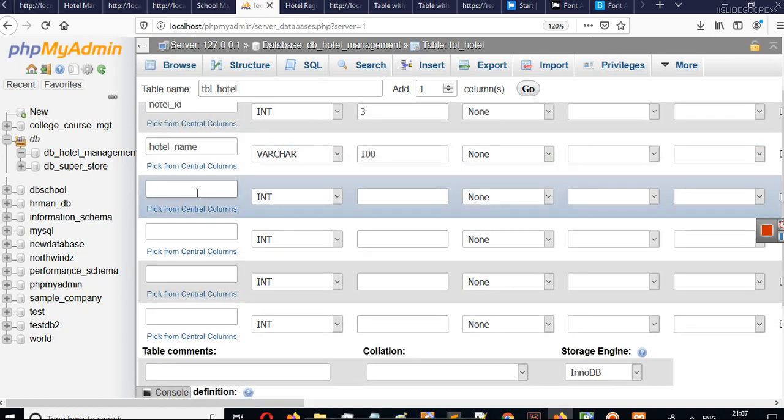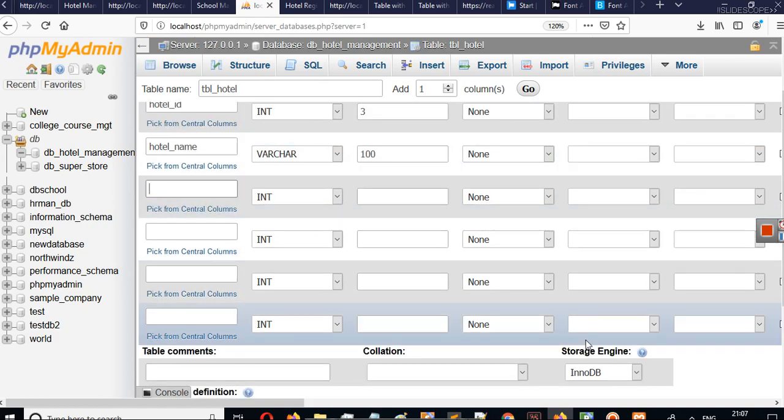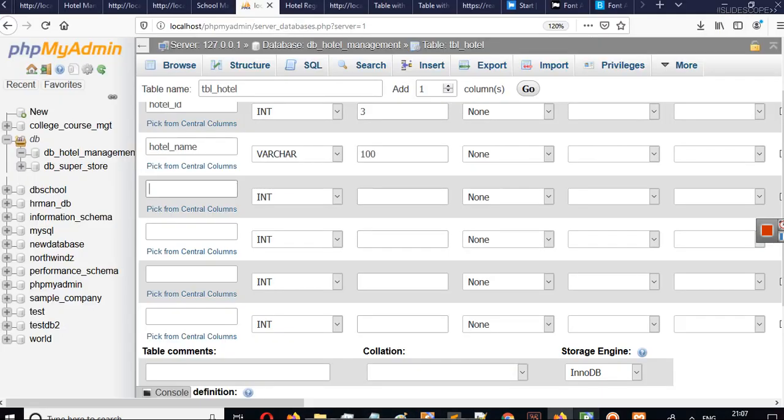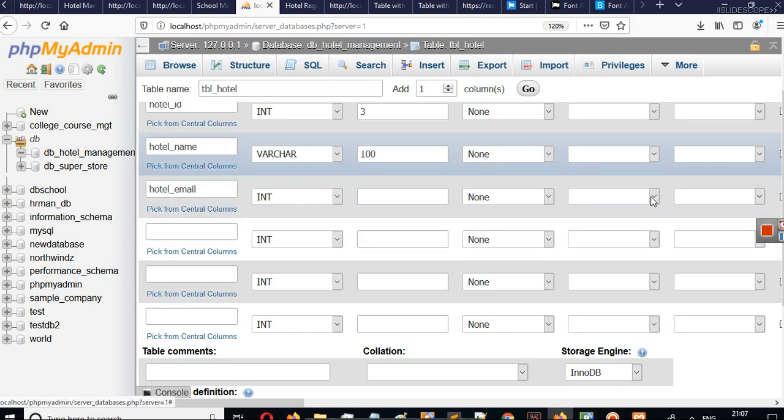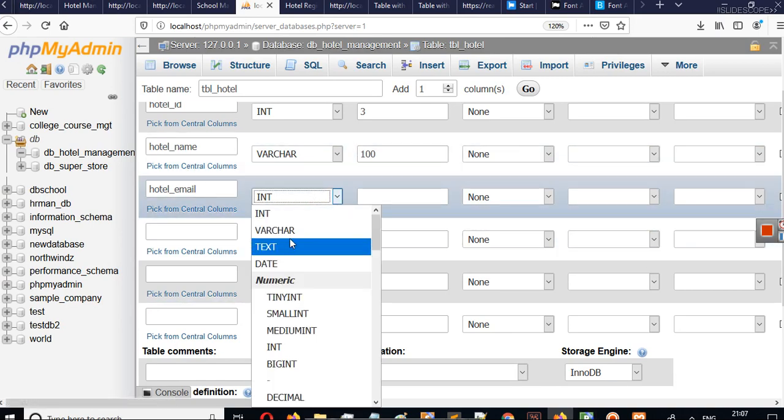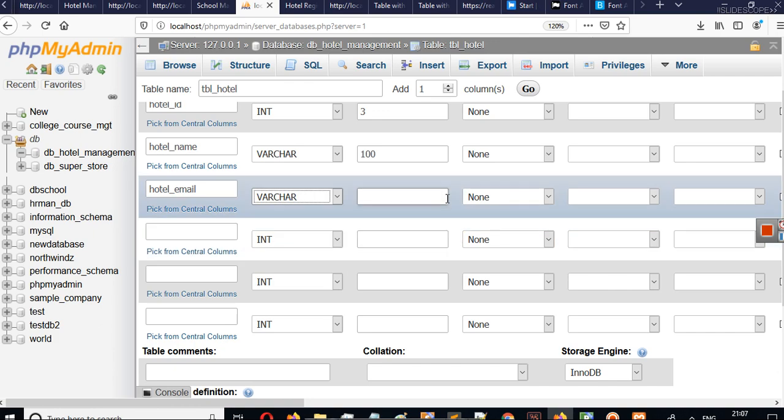Then after hotel name, we have hotel email. Again, in the case of hotel email there are variable characters. Someone has a smaller email ID, someone has an email ID with more characters. There can be alphabets, numeric values, and special characters also, like abc123 at gmail.com.